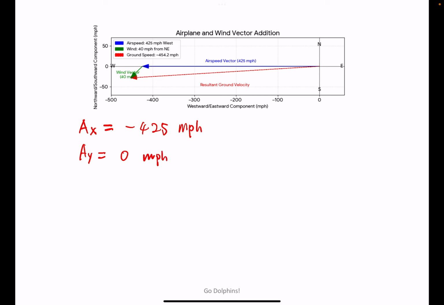Right, the speed of the airplane in the y direction is 0. Now the wind, the x component of the wind, 40 cosine 45 degrees, minus 28.3 miles per hour. And the y component is 40 sine